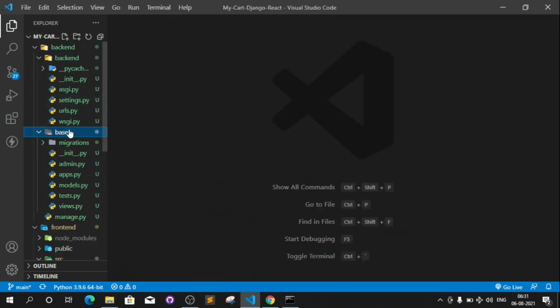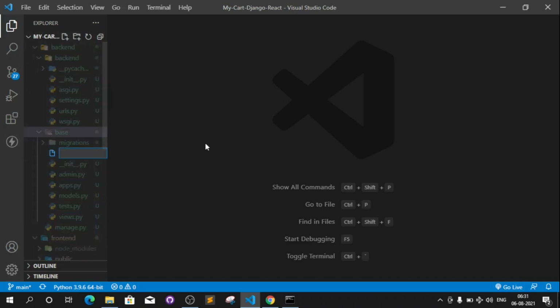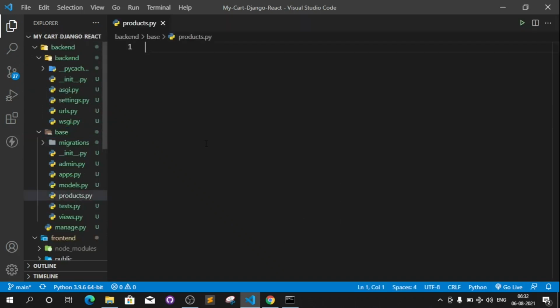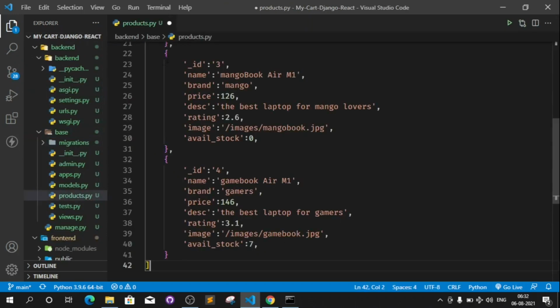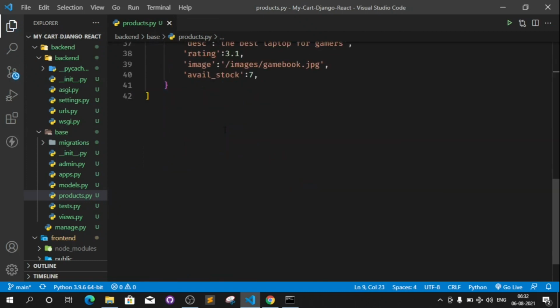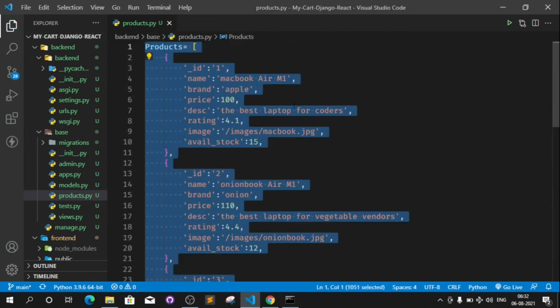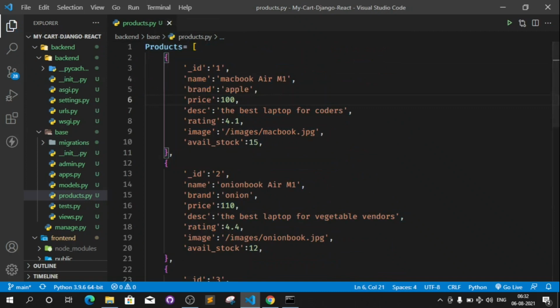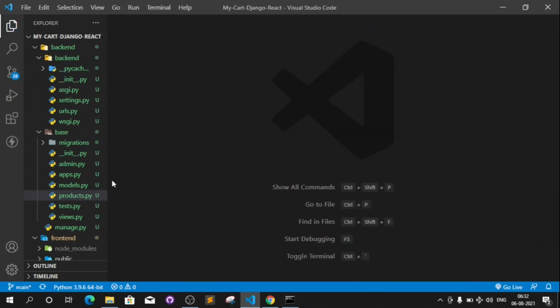So in this base folder, make a new file called products.py and paste this here. Okay, now we don't need this const, remove this because we are going to make it the Python way. So this is like a Python dictionary, and we will be using this to fetch the data.